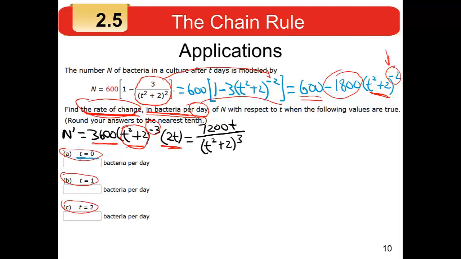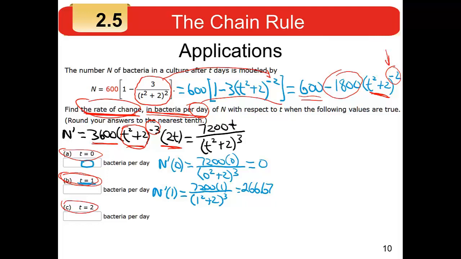So if you plug in t equals 0, you're just taking a 0 and plugging it in everywhere you see a t in the derivative. And if you calculate that out, you'll find it's 0. So the rate of change in bacteria per day on day 0, in other words, right at the very beginning, is 0. After 1 day, t equals 1, you plug 1 in for t into the rate of change formula, which is the derivative. And again, I won't bore you with the details, but you get